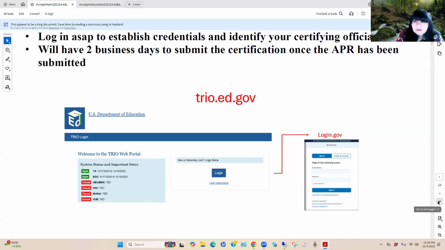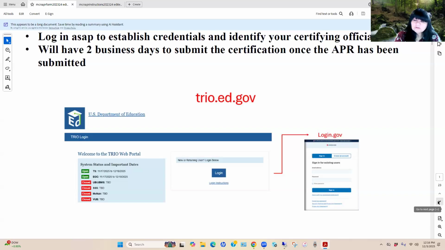When the APR website goes live and you are updated in the database for the department, it makes an automatic link of your credentials to your annual performance report. And so that's why, after you've logged in to login.gov, you're able to go back in and finally submit your APR, identifying you as a director and/or the data entry person.